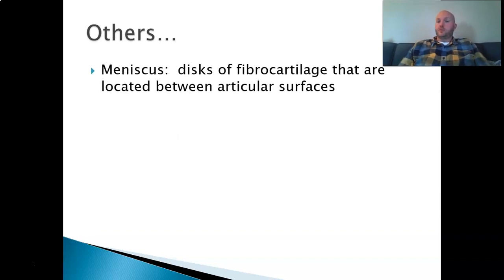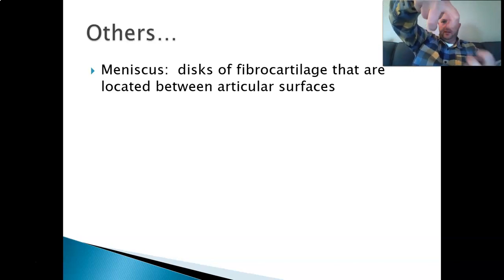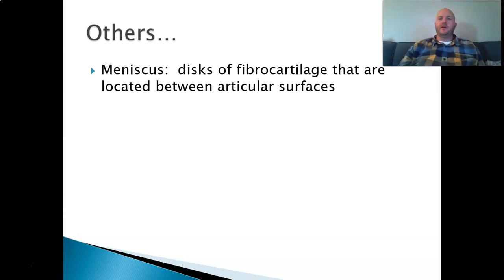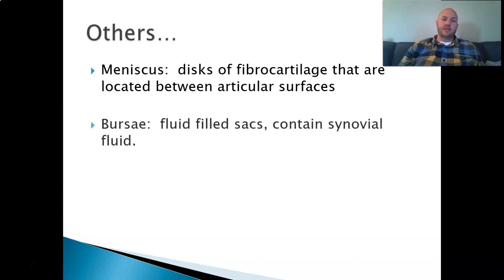You might have heard people who've torn their meniscus. What that means is it's a fibrocartilage disc in between two surfaces. In the example of your knee, there is a pad in between the distal end of your femur, which kind of looks like this, and then the other one fits on top like that. It's like a weird new gang sign that's made up. Between those two, there's a space, and there's a fibrocartilage disc in between. And then bursa,